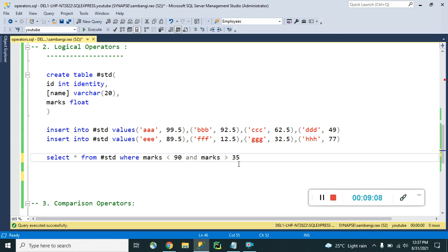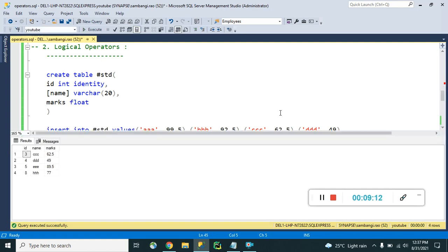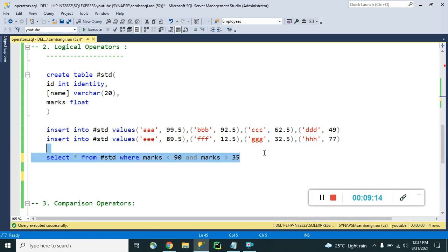Okay, that's why when we want to apply the AND logical operator, we must have true and true. Then only the answer is true.